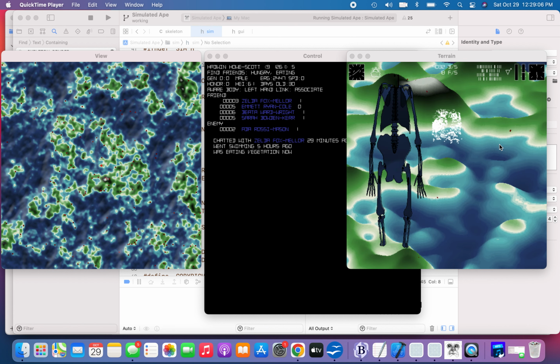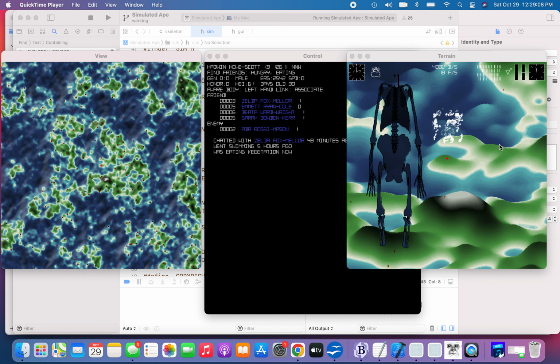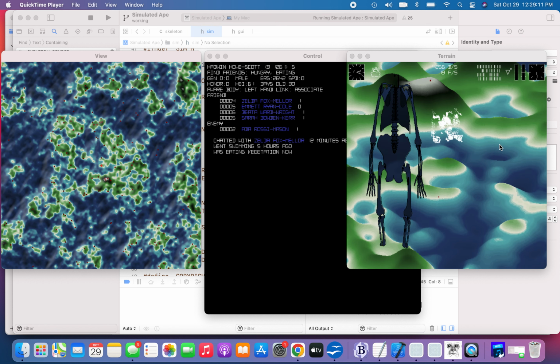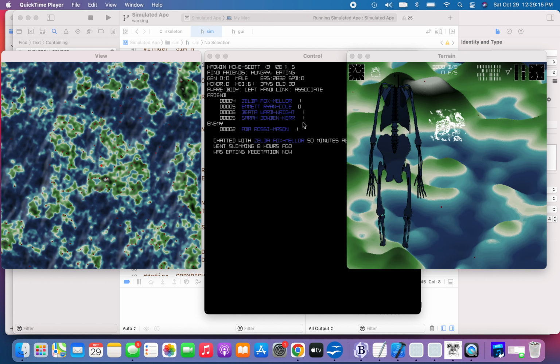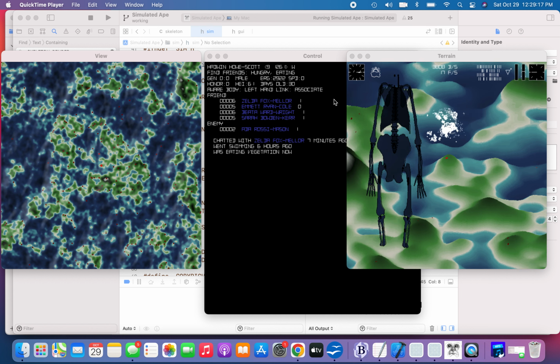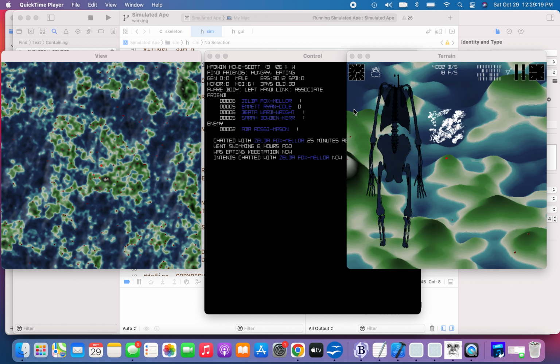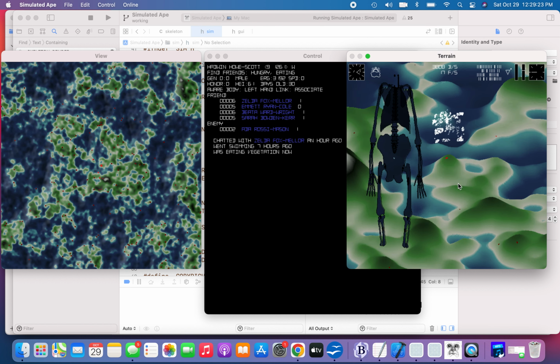So I was looking for 3D engines. I was really interested in Unreal or Armor or any of the 3D engines that are available for compilation on the Mac, and even this compiles on Windows and potentially Linux as well. But this is the simulated ape currently.